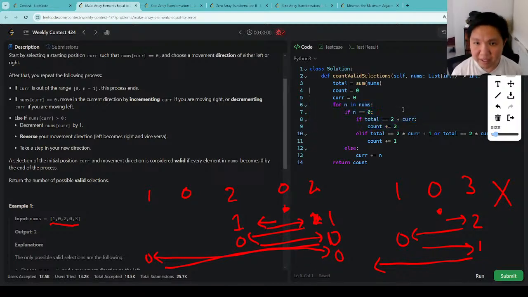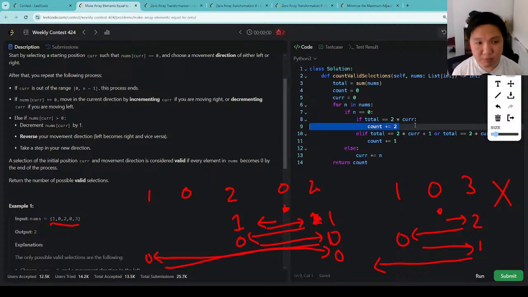So I have a count and a total. I'm going to add everything up. The count is how many valid selections there are. For any number, if n is 0, I'm going to check if total equals current times 2, which means that I am right smack in the middle. Current is everything on the left, and total is the whole thing. So if everything on the left is exactly half, meaning the left and right are equal, then